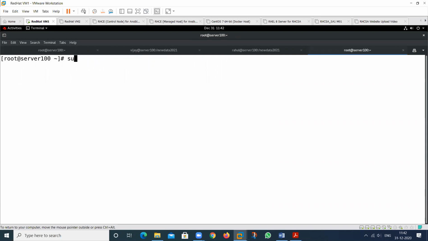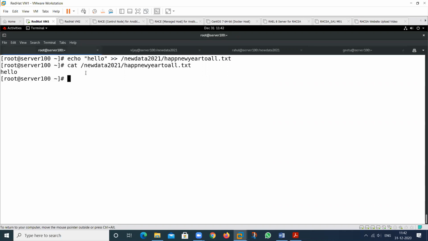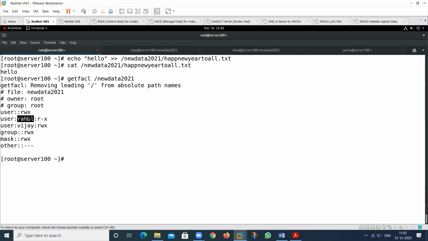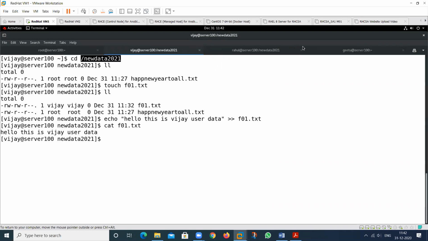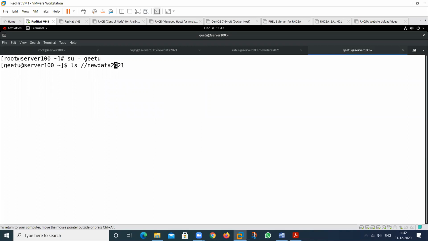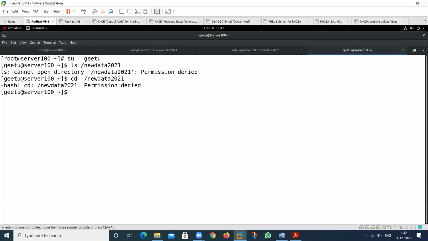So see, I have also a user, the username is this one. And I want to provide some permission to it. See, at this time there is no permission available for that user, and I want to provide some more. So do ls, and this is my folder. See, at this time we are not able to ls, and I'm not able to cd also. Both commands will not work.